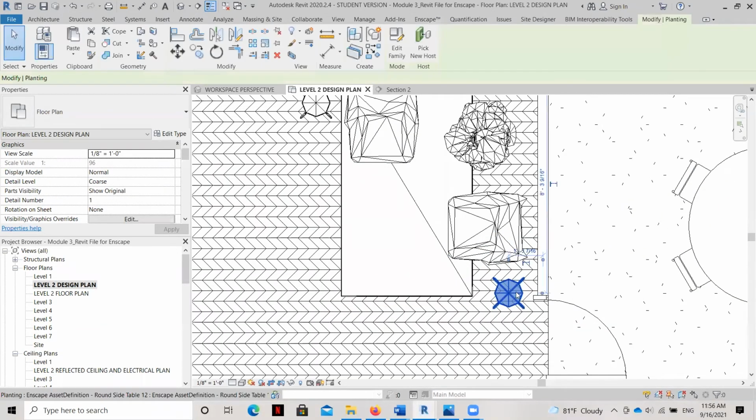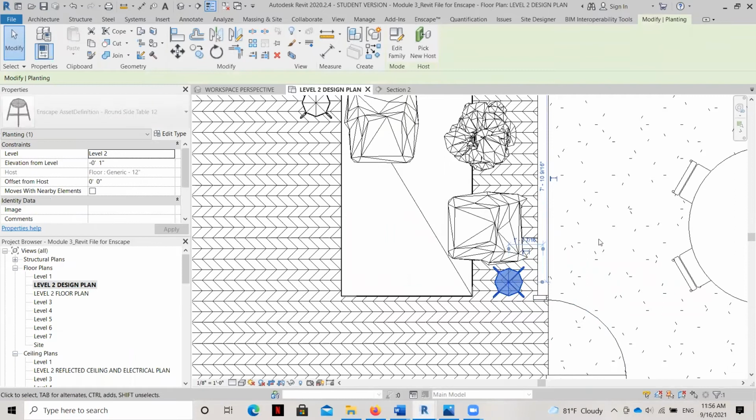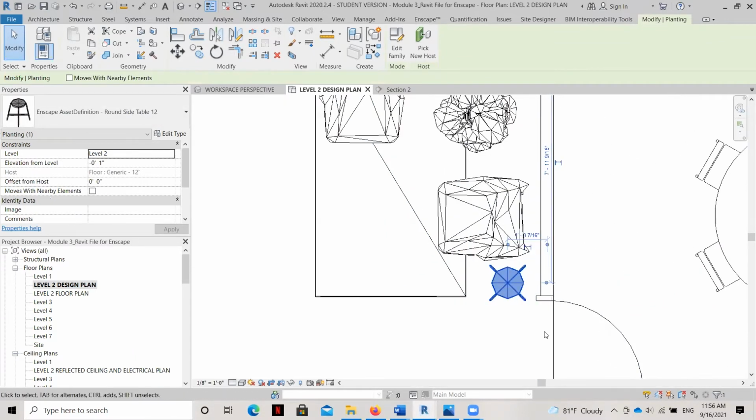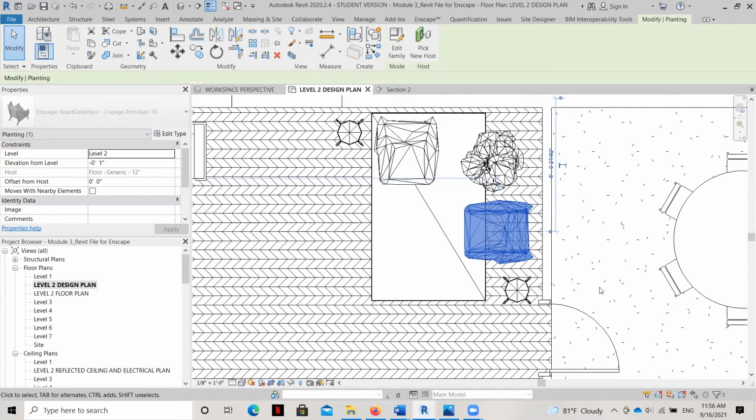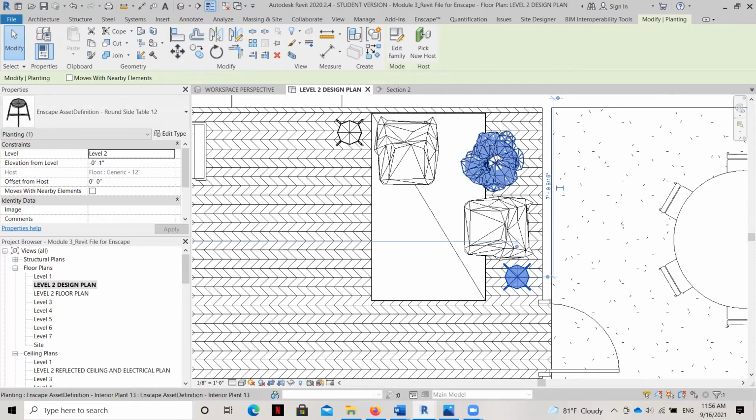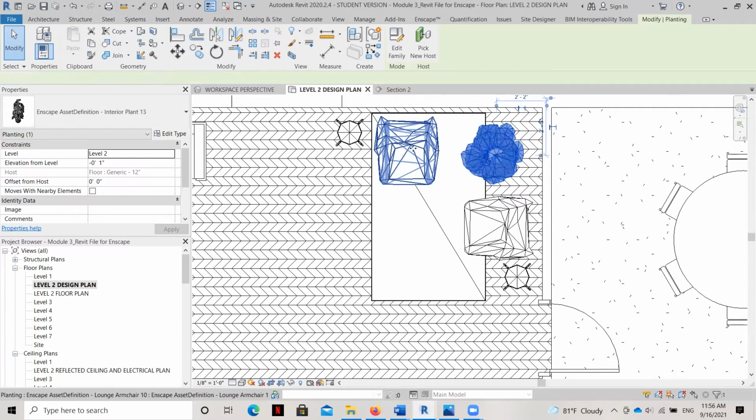It needs to be moved away from that door just a little bit, because of course, for code, we need to make sure that we have 18 inches on that pull side. So I'm going to move all these just a little bit. And this is just modifying. All of these work the same here as they do within Revit families themselves. So we can go ahead and shift this over.